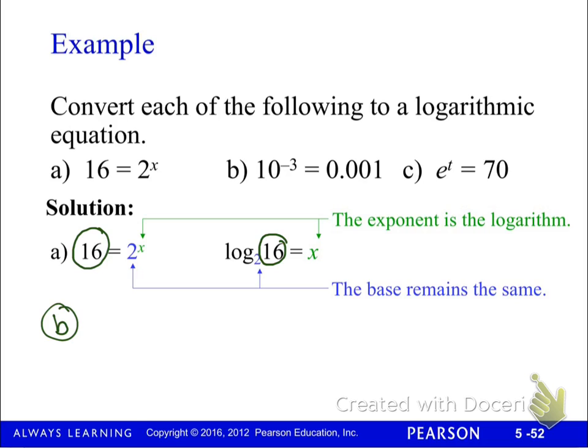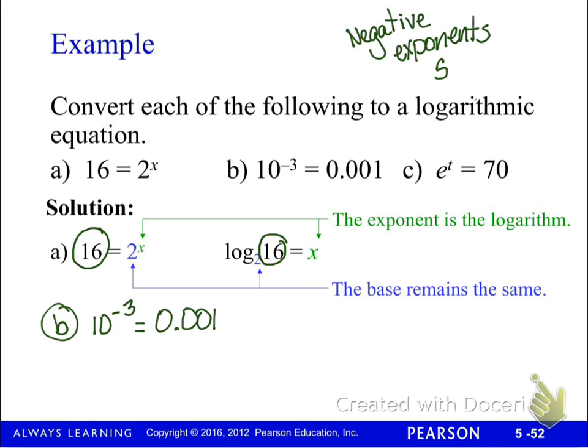So here I have 10 raised to the negative third power. Now our exponent can be negative. Our base can't be negative and our answer can't be negative, but our exponent can be negative. It is okay to have a negative exponent. So 10 to the negative 3 equals 0.001. A negative exponent means we are dealing with small numbers. Okay? They are not negative numbers. They are small numbers,